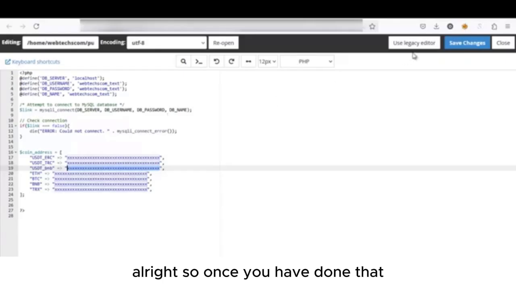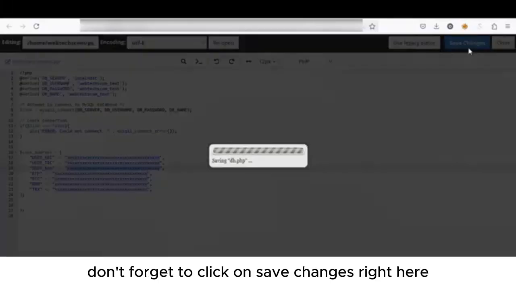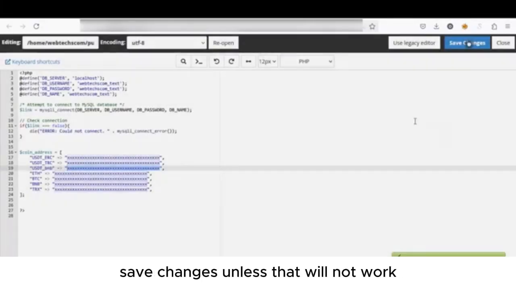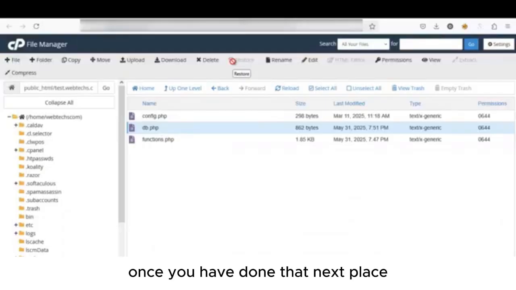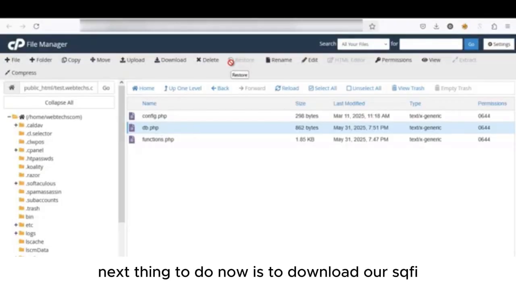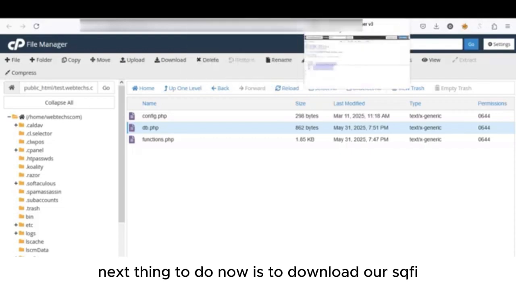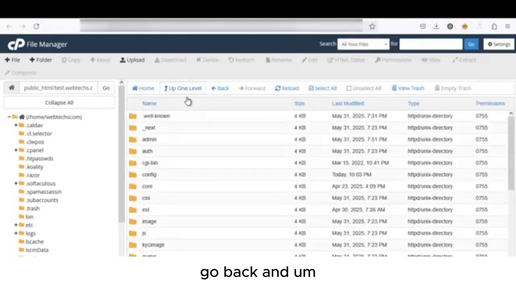Alright, so once you have done that, don't forget to click on save changes right here. Save changes, or else that will not work. Alright, once you have done that, next thing to do now is to download our SQL file. Go back and